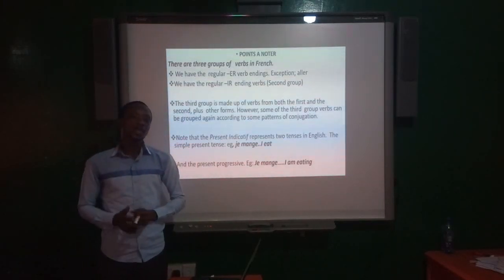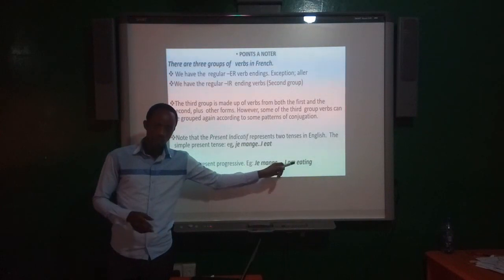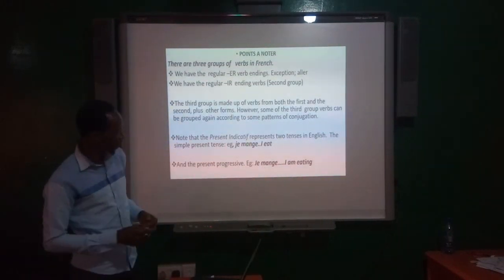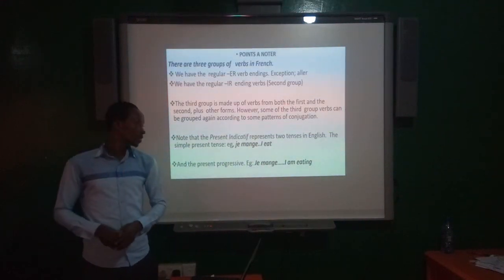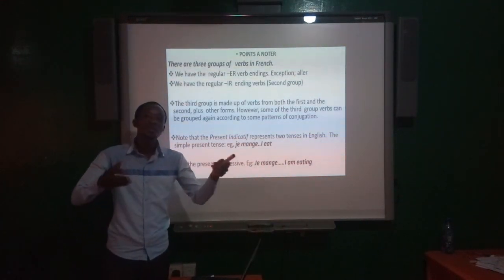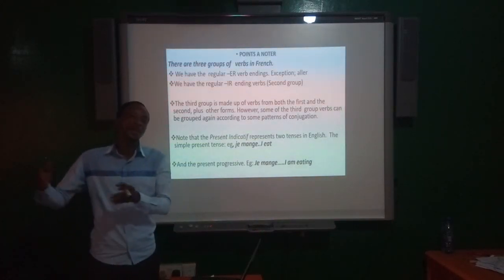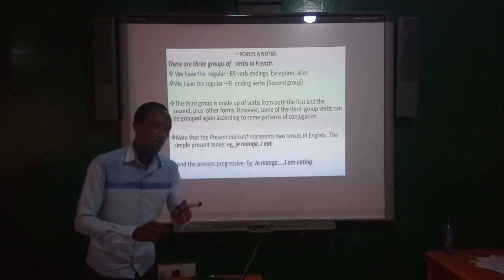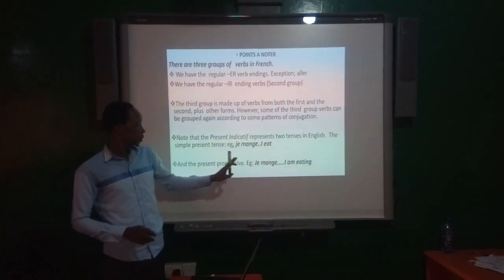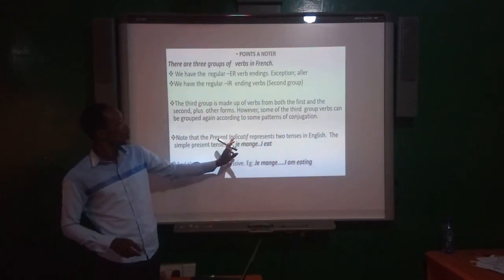So some of you sometimes, because of the auxiliary am, are confused in French and you want to translate exactly what you see here. So some of you will say je suis mange or je suis mangé to mean I am eating. No, it doesn't happen that way in French. So the simple present in French, the present progressive, all are expressed by the use of the simple